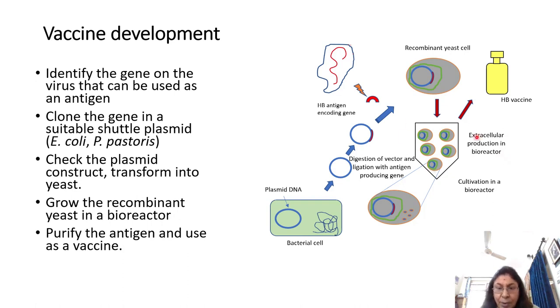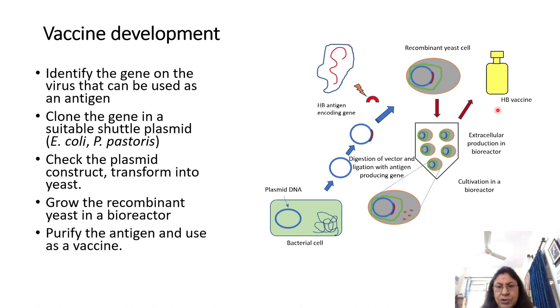So the reactor broth is going to be cultivated. It is centrifuged so that the cells settle down. The culture broth is taken, and then you are going to purify this particular antigen. Then this antigen is mixed with certain adjuvants, and that is how the vaccines are made. That is the vaccine which is going to be bottled now, and it will be available with the doctor, with the chemist, and so on and so forth.